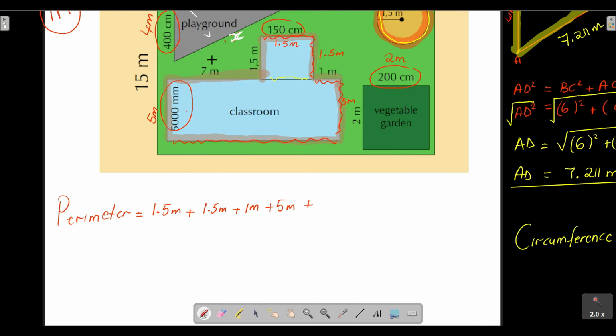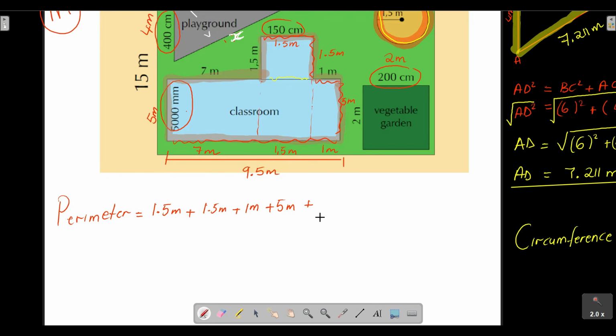Okay, so we're going to add, from there to there, guys. From there to there, we already know that it's 7 meters. From there to there, we already know that it's 1.5 meters. And from there to there, we already know that it's 1 meter. So 1 plus 1.5 is 2.5 meters, plus 7. This gives us 9.5. So the total length from there to there is actually equal to